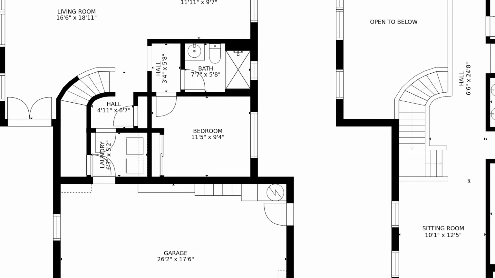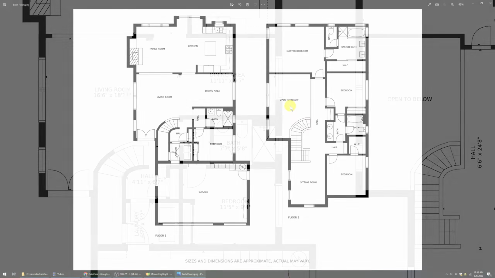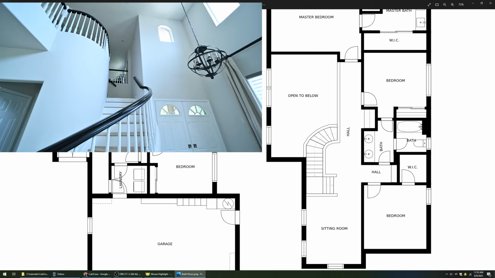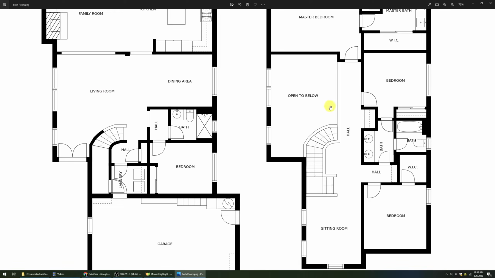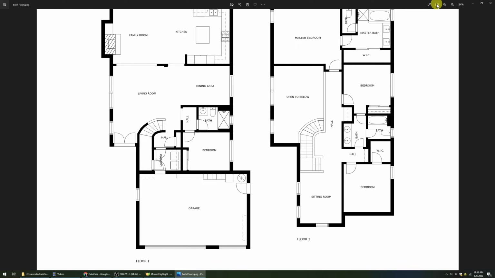So I thought that was pretty good just by scanning it without having to do any special measurement. It also was able to then see that we've got this open to below area from the second floor. So over here, the living room has a real high ceiling. It's about an 18-foot ceiling just in this section. You can see that it noticed that it was open to below as I was doing the scan walking across